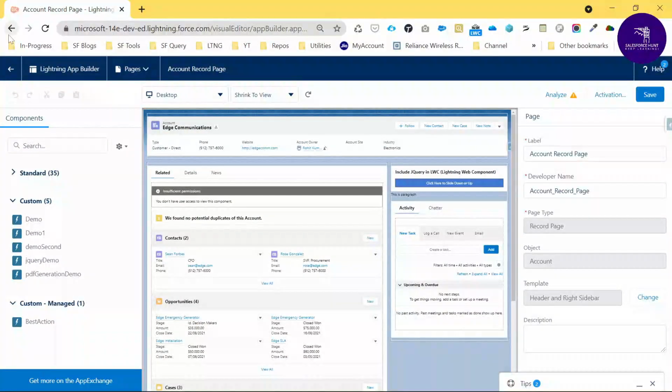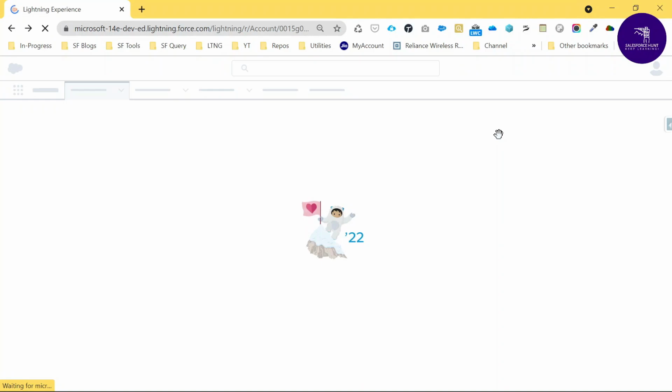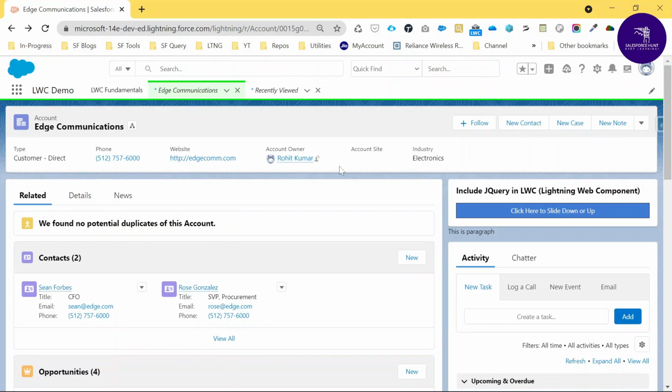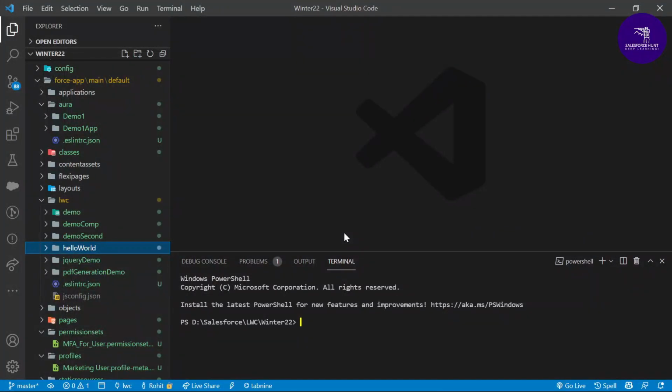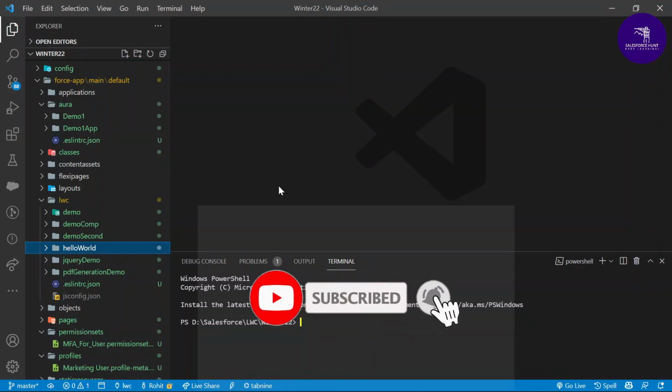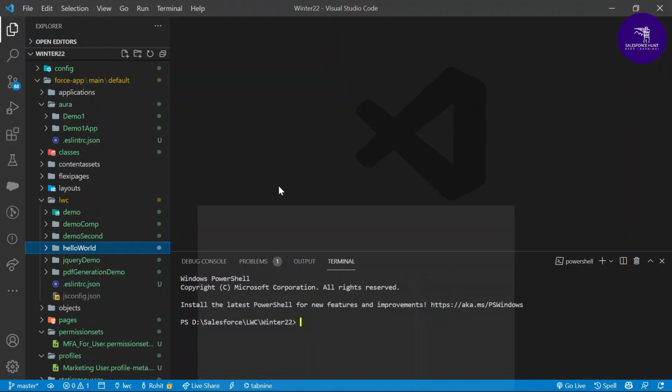Now it's time to check under the Salesforce org. Here you can see this is the lightning record page under the Lightning App Builder, and here under the gear icon you can change this UI as well. So you just have to create one lightning web component with the help of VS Code. Okay, let me open my VS Code, and you can create your LWC component. This is my VS Code, and I already created one LWC component. If you don't know about LWC components, how to connect VS Code to a Salesforce org, or how to create a component, you can watch my LWC playlist for more knowledge.